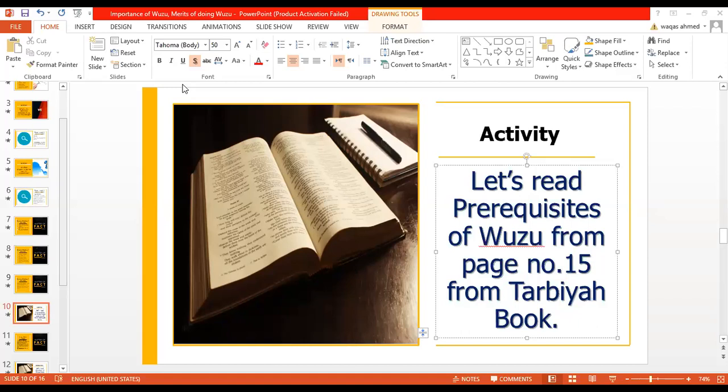Washing the face completely. Number two, washing the arms up to the elbows. Number three, the masa. And number four, washing the feet up to the ankles. Jazakallah khair for this beautiful reading. So